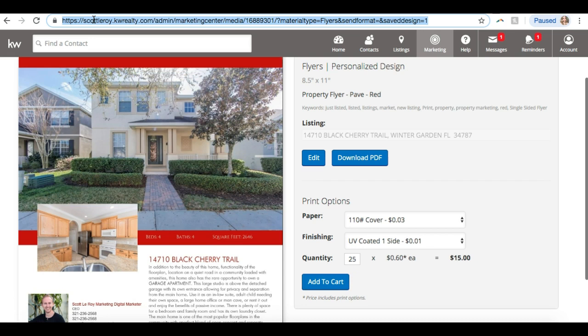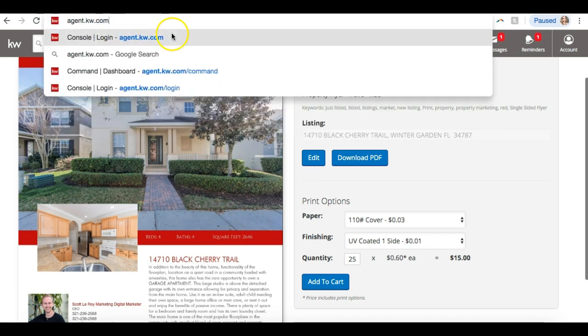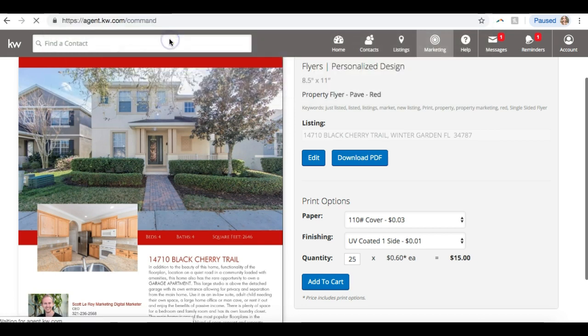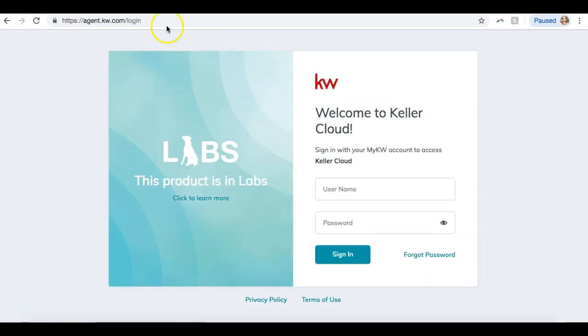So to get to Command, we would need to go to agent.kw.com. I might be logged into somebody's account, so let's see if I need to log out. I am. Okay, so bear with me for 1 second. I'm going to go ahead and log out. Alright, so